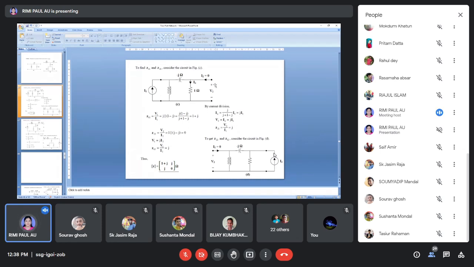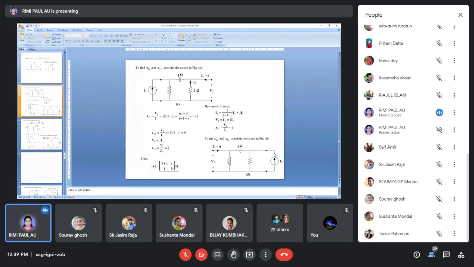Similarly, we can apply voltage here. Now the second part: keep this one open circuited. Do not apply a current source here. In this figure you can see the current source is applied here. Now you will apply a voltage source here. So you will write V2 here, and now V1 is open circuited. If we give V2, the same way you can find Z12 and Z22, because this is the whole impedance. Now you can see that if you give supply here V2, the impedance is J1 minus J1, and this J is now in series with this parallel.